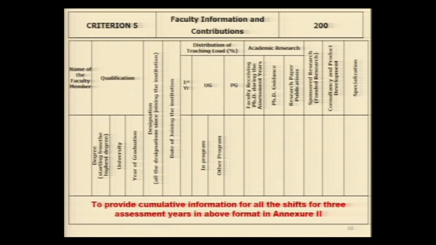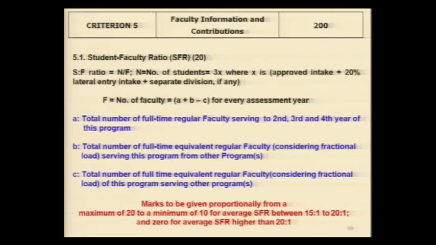However, when the committee comes, they are expected to show the documentary evidence in terms of various things mentioned in the format. The first criteria in the faculty is the student-faculty ratio. Typically, it is very simple in terms of number of students and number of faculty members, but there is a methodology how we need to calculate these numbers. Since this is a program level faculty student ratio, 3 years of study, so number of students typically will be 3 multiplied by the student.